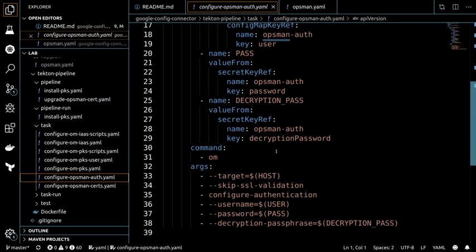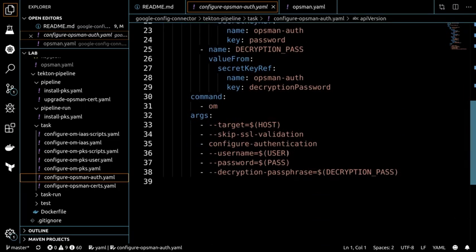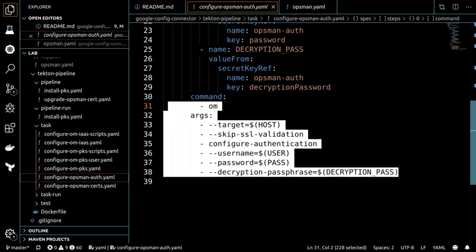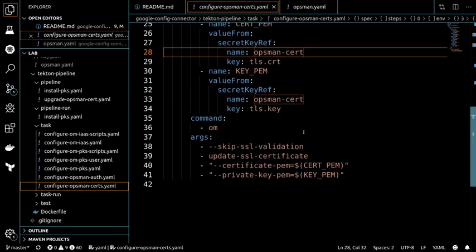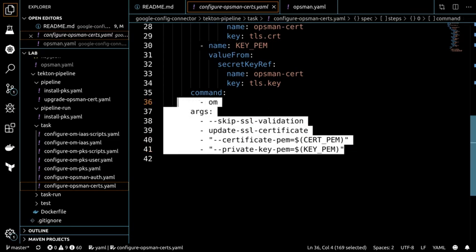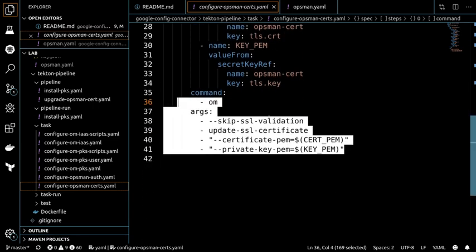So Opsman auth is just loading in environment variables from my various config maps and secrets, and it's then running this Opsman configure command. So pretty straightforward, and this is going to set up my username, password, and encryption password, and then Opsman cert is going to do the same for the certificates, and it's setting in the environment variables for the Opsman target username and password that we've just set. As you can see here, it is going to then load up our certificates, and then